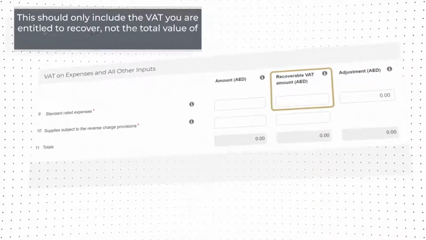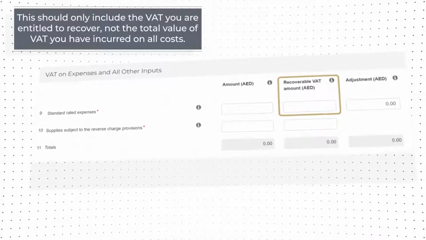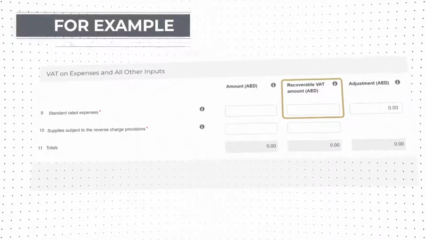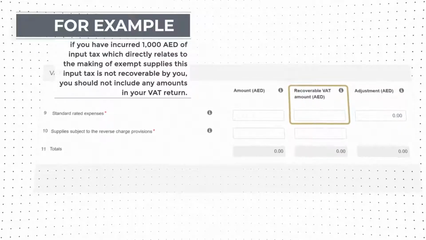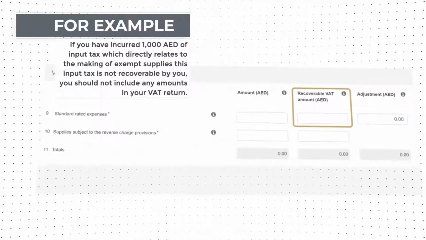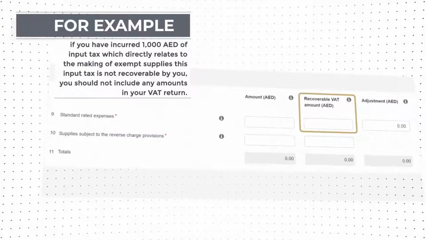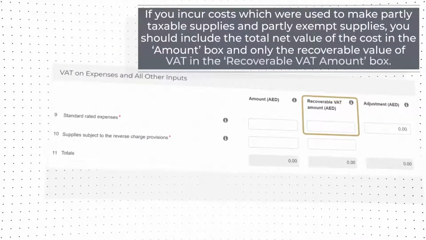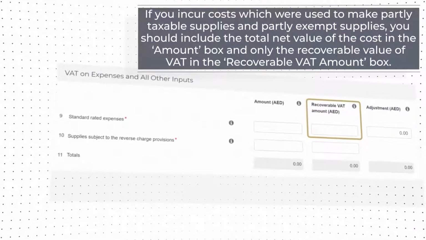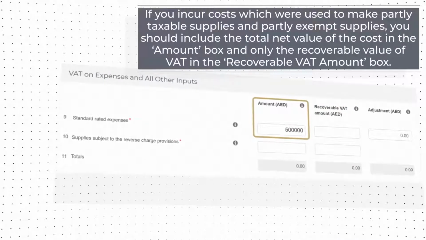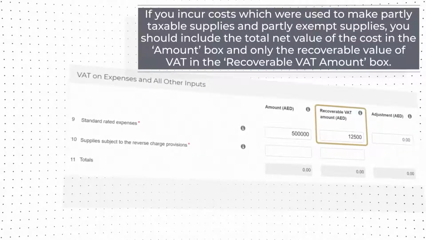This should only include the VAT you are entitled to recover, not the total value of VAT you have incurred on all costs. For example, if you have incurred 1,000 dirhams of input tax which directly relates to the making of exempt supplies, this input tax is not recoverable by you. You should not include any amounts in your VAT return. If you incur costs which were used to make partly taxable supplies and partly exempt supplies, you should include the total net value of the cost in the amount box and only the recoverable value of VAT in the recoverable